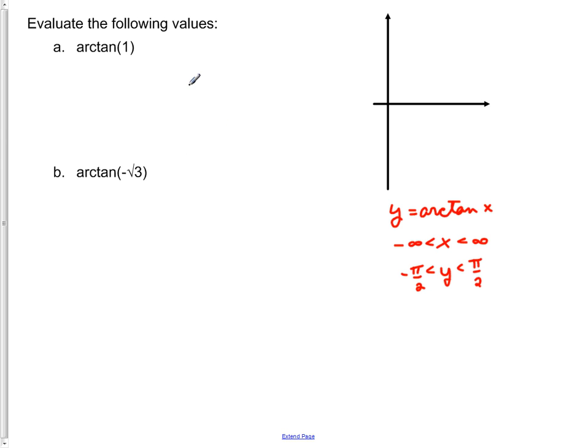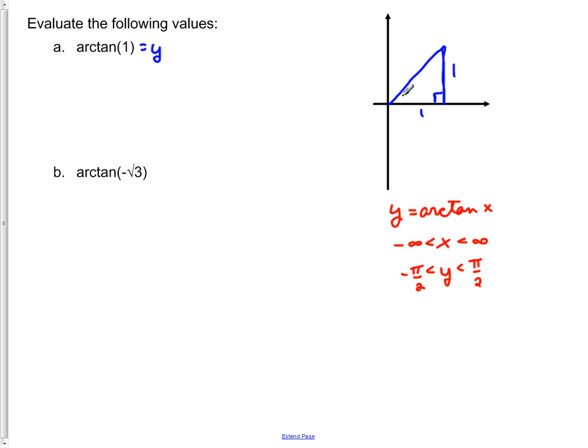So now we might ask a couple of questions about this. If we're asked to find the arctangent of 1, what could we say? Well, the arctangent of 1, that means there's got to be some angle y, some arc length y, whose tangent would be 1. So we think about this. We have a right triangle such that the ratio of the opposite to adjacent side is equal to 1. Where have we seen this before? Oh yeah, this is the kind of angle